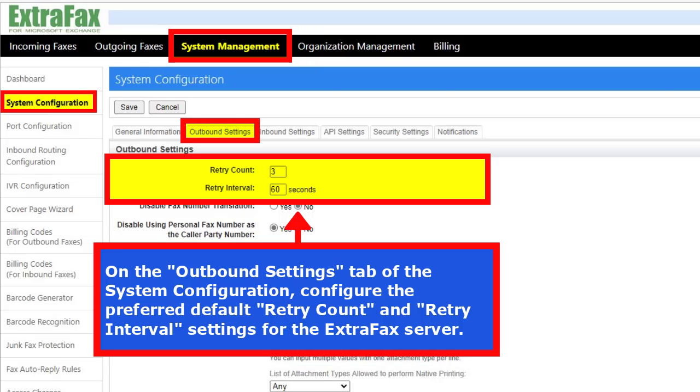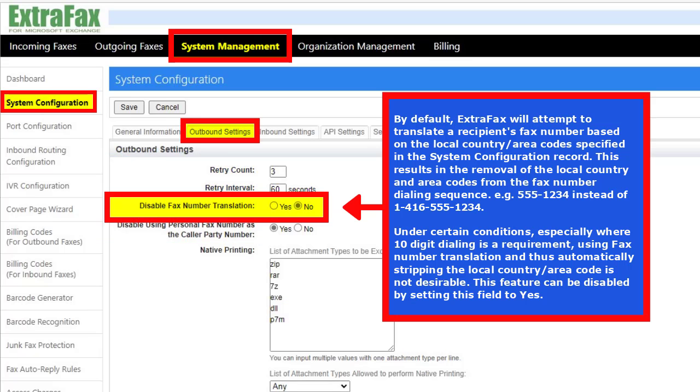On the Outbound Settings tab of the System Configuration, configure the preferred default retry count and retry interval settings for the ExtraFax server. By default, ExtraFax will attempt to translate a recipient's fax number based on the local country and area code specified in the system configuration record. This results in the removal of the local country and area code from the fax number dialing sequence. For example, 555-1234 instead of